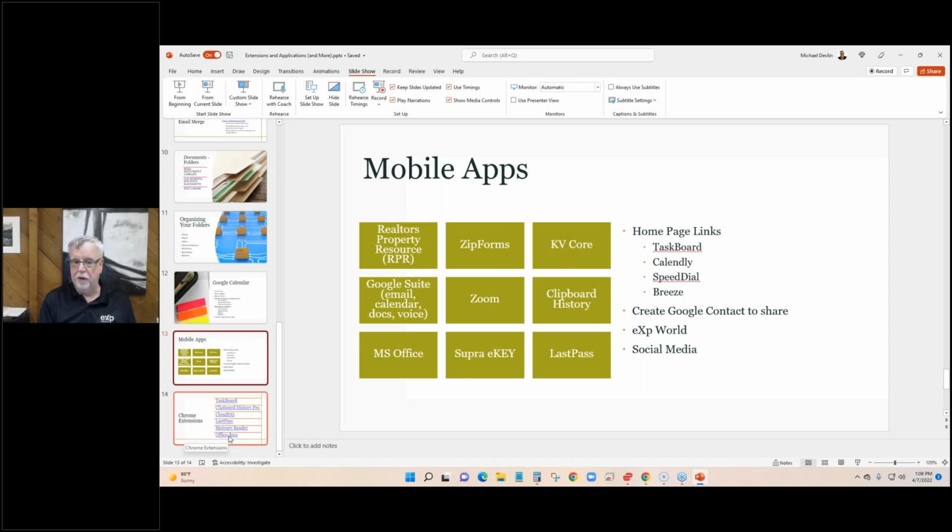I would find the properties and I would save the property. The reason I'm going to do that is when I get there on my cell phone, when I open up RPR, the app, one of the buttons is saved properties. And if I click on that button, it's going to show me all the saved properties, including the one I'm in front of. Also, RPR works on GPS, so it'll know that I'm standing in that property, and it'll say,